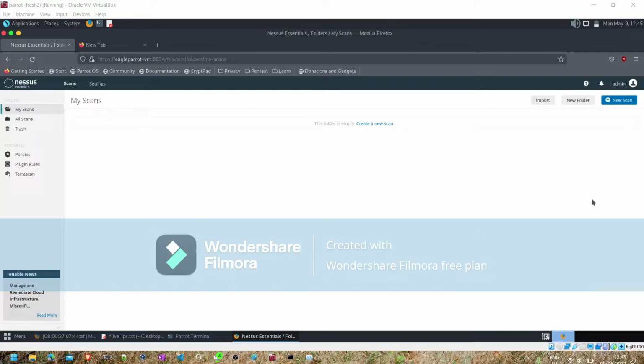Okay. So when you do a fresh installation of Nessus, you will get this kind of portal login page. You log in, and these are all your features of Nessus. The first thing is,